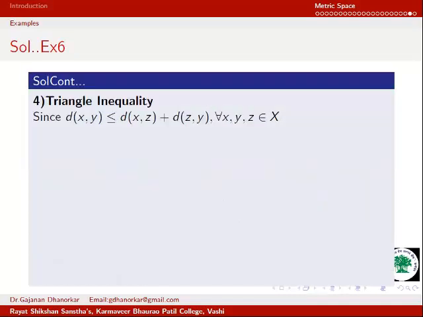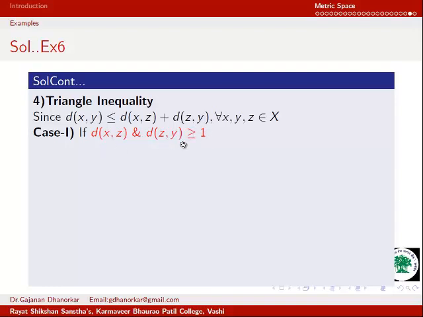Now the triangle inequality. To prove the triangle inequality, we have to pay some attention here. This d is a metric, therefore the triangle inequality holds for all x, y, z in X. Now I will take d of x, z and d of z, y both greater than or equal to 1. Why am I taking greater than or equal to 1? Because in our definition it is given as the minimum of 1 comma d of x, y. That's why I am supposing this is greater than or equal to 1.